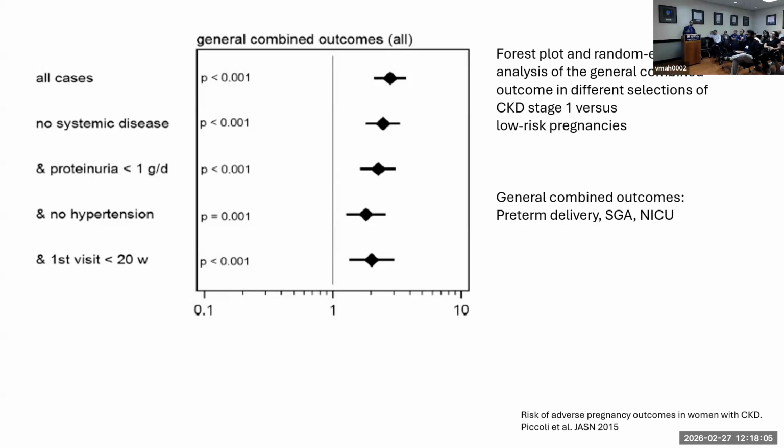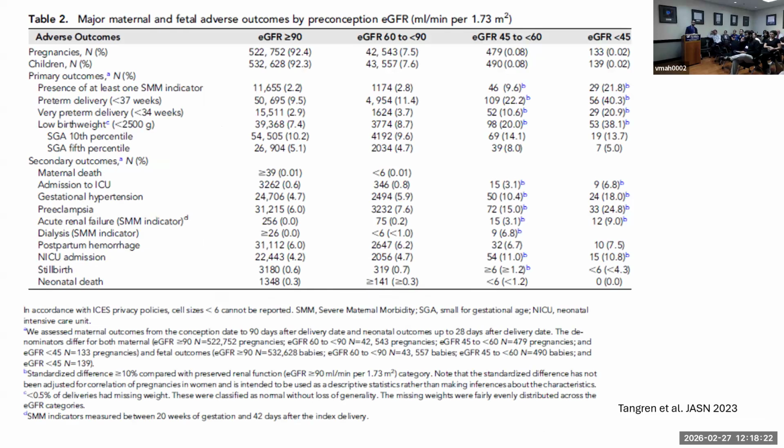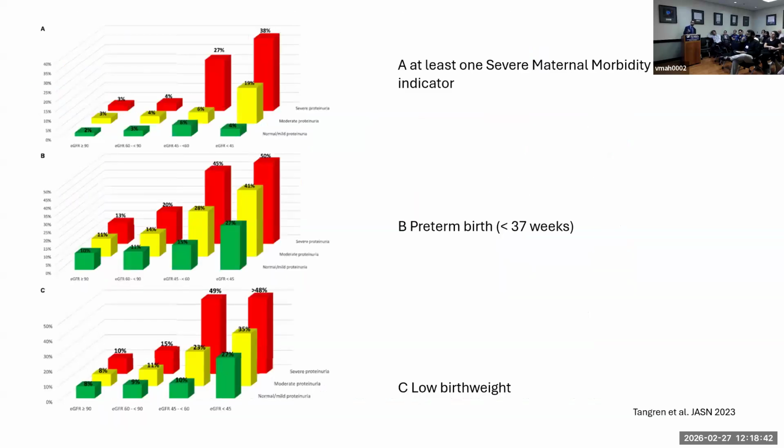And they seem to suggest that regardless, even with a GFR of 90, if you have some sort of kidney damage by KDIGO guidelines, you were still at risk for adverse pregnancy outcomes. So this was a follow-up paper in 2023, which I think more or less informs what we know today, that that's not the case. They showed that between a GFR of 60 to 90, so if you want to say mild CKD, there was actually no difference in outcomes for them.